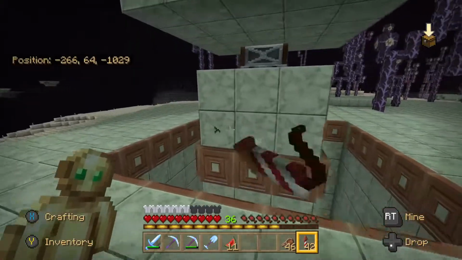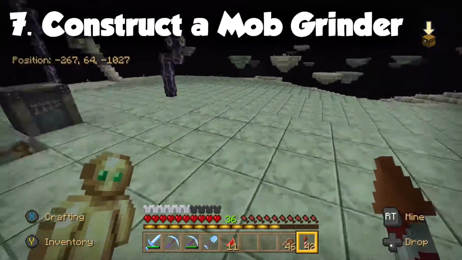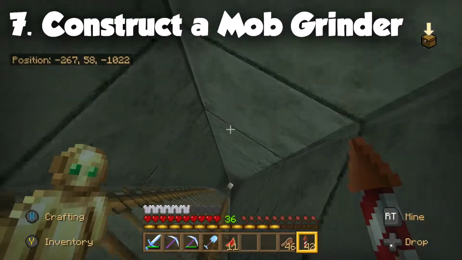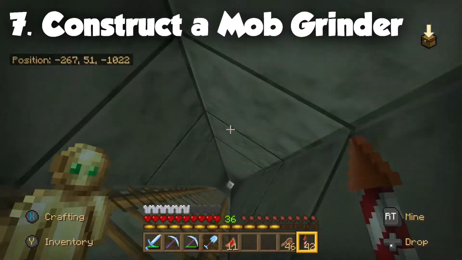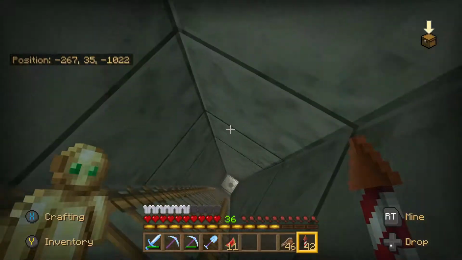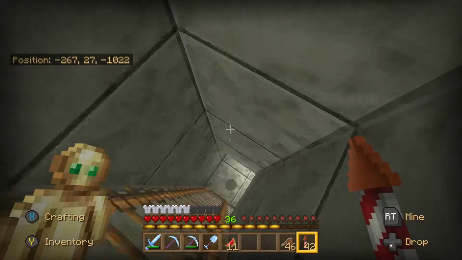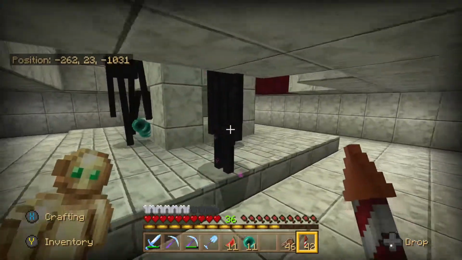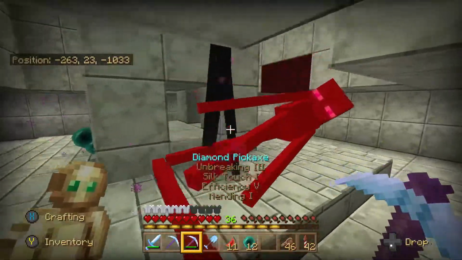For number 7, you should definitely consider building a mob grinder. Now, a mob grinder is pretty different from a mob spawner. A mob spawner is only going to spawn one specific kind of mob, and even then it spawns it pretty randomly. It's not super consistent. It kind of just spawns one or two every now and then,